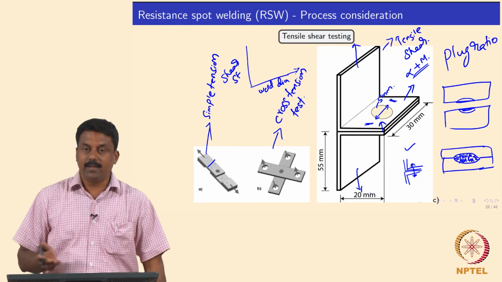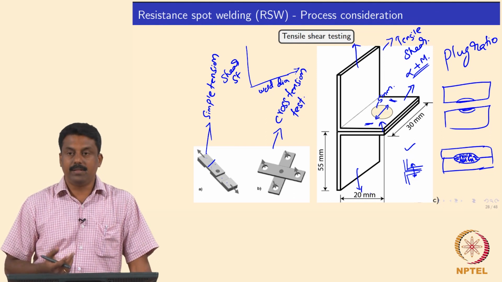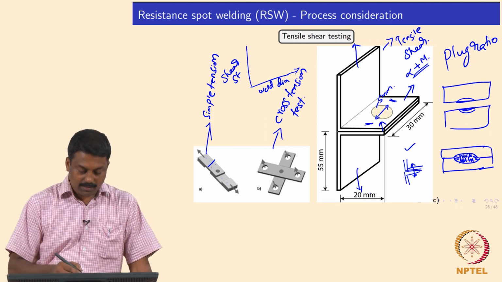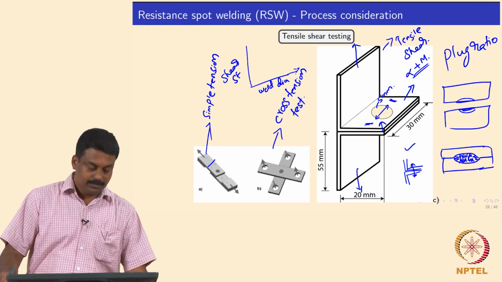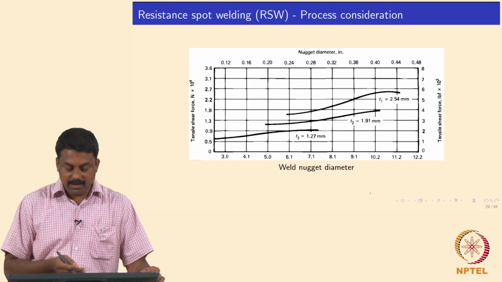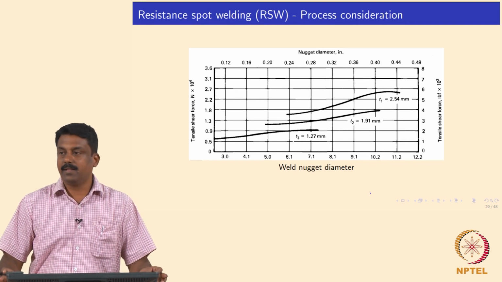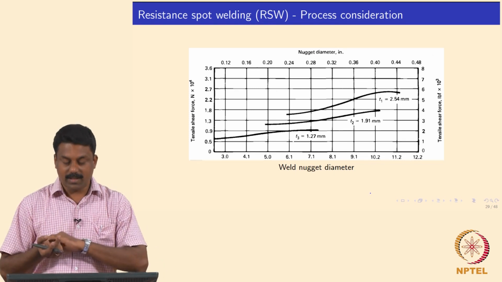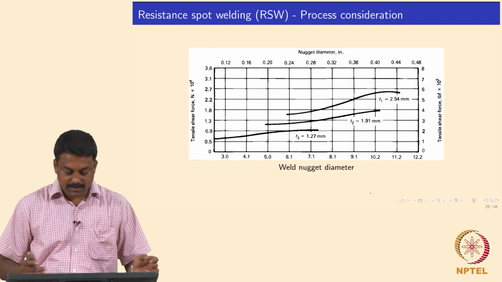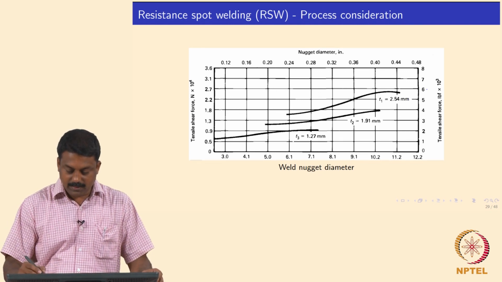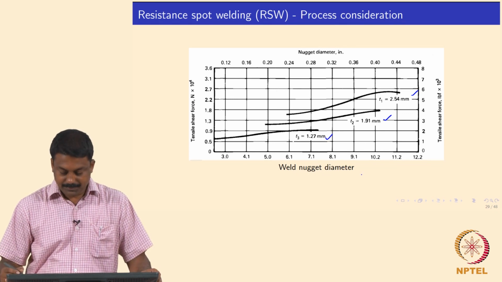So, these three are the common testing methodologies used for quantifying the mechanical properties of the welds: the simple tension, the cross section test, and the tensile shear test. Then we plot graphs like this. If you change the thickness, obviously the weld nugget size can also change for a given current. So, to quantify the mechanical properties, we have to measure at varying thicknesses. In this graph I plotted 3 thicknesses, 2.54, 1.91 and 1.21 mm, against weld nugget diameter.